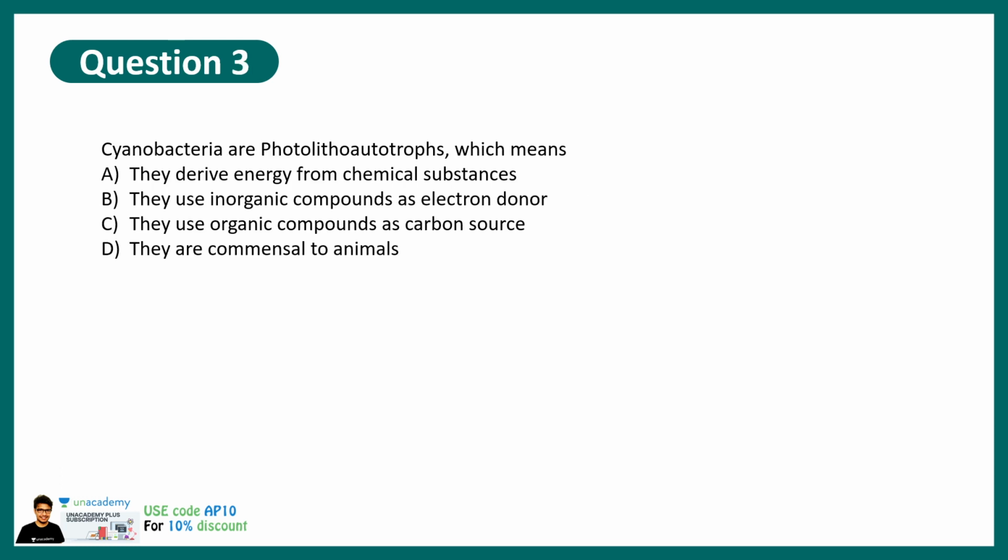Then question 3. Cyanobacteria are photolithoautotrophs, which means they derive energy from chemical substances. They use inorganic compounds as electron donor. They use organic compounds as carbon source. They are commensal to animals. Here the correct answer would be option B. Whenever you hear the term litho in these particular complex nomenclature, you should know that they derive their electrons from inorganic donors. So this is kind of like a bacterial nomenclature question based on nutritional